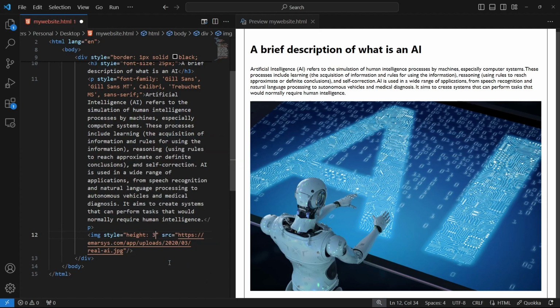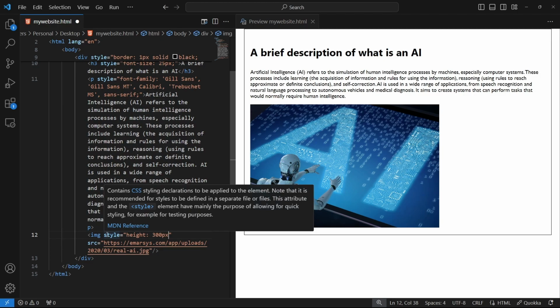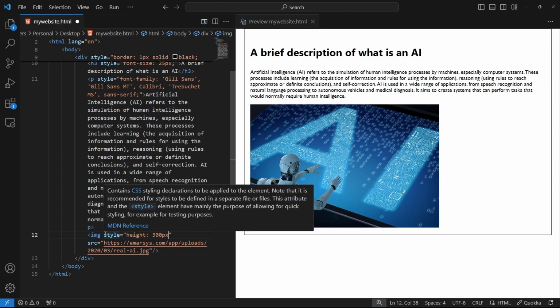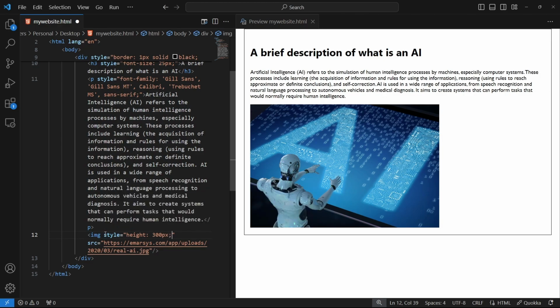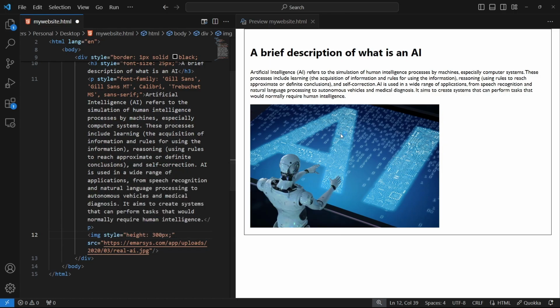So let's just add 300 pixels. Ayun. As you can see, we already changed the height by using styles sa image natin. So let's just end that syntax by adding a semicolon.